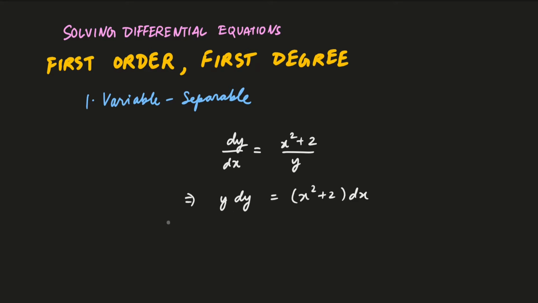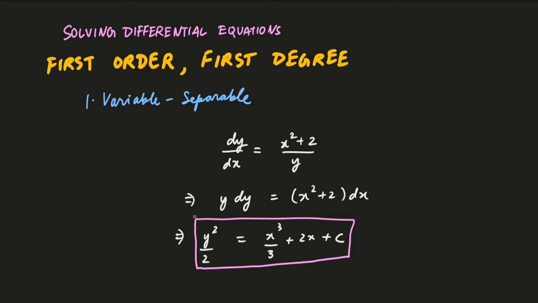Now all that's left to do is to integrate this equation. So y integrates to y squared over 2 is equal to x cubed divided by 3 plus 2x plus c. And now you will say, why do we have only one constant? We have integrated twice. Why don't we have two constants? Well, a constant plus a constant is, guess what? A constant. So instead of writing it twice, we have essentially combined the two constants from the y side and from the x side and made a single constant, capital C.